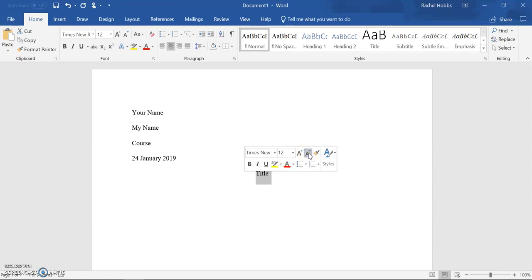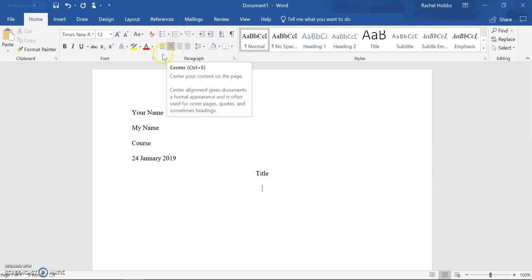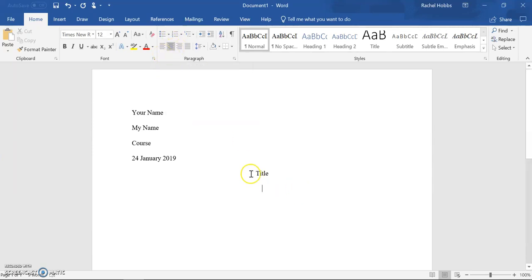Why don't we underline our titles or put them in quotation marks? Because this is your essay and your essay has not been published. The only things that should have quotations or be underlined or be in italics are published pieces of writing. Since your work has never been published, it's just plain, has no signifiers. So you go back to left align, and this is where you're going to start writing your introduction to